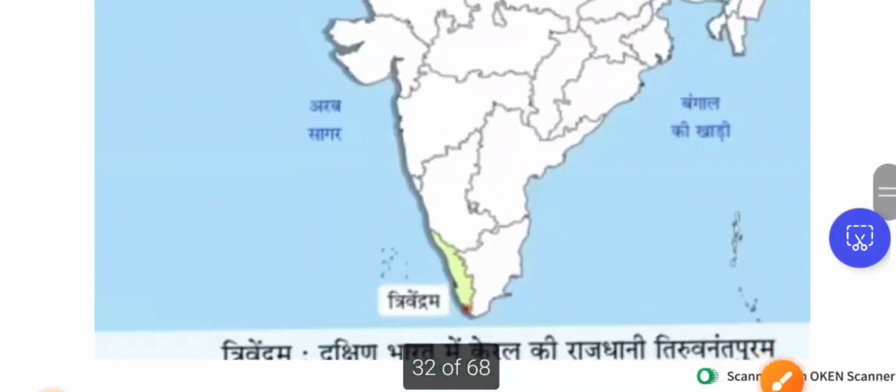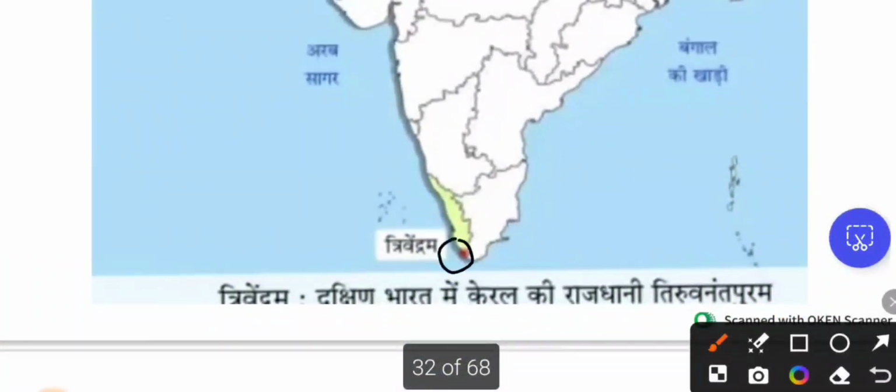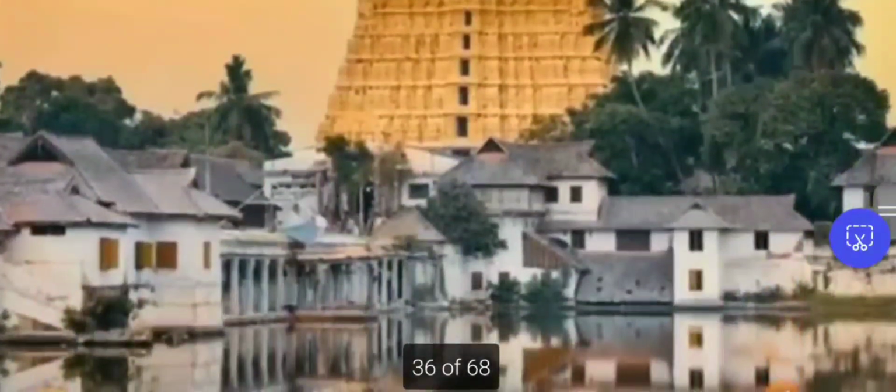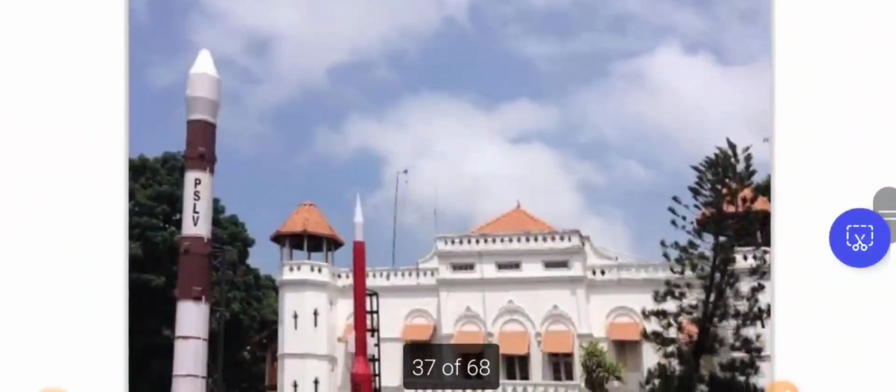Where is Kerala here in the map? So this is Thiruvananthapuram, Trivandrum, the vanaspati, the mountain areas, the ocean, the machalti tarange, the playful waves, Padmanabhaswamy temple, the science museum,